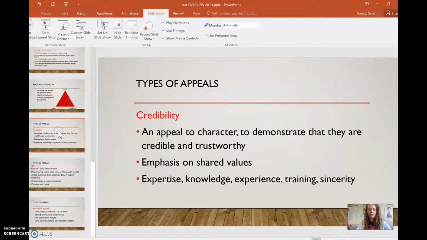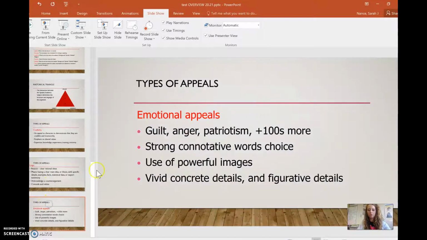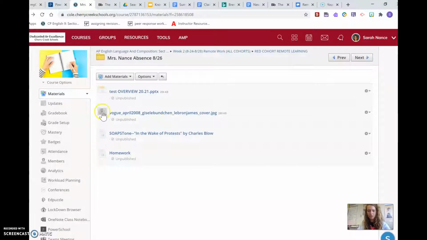We've got types of appeals. These are ways that authors and speakers try to appeal to an audience. You may have known them as ethos, pathos, and logos. We don't use those words in this class because they're kind of elementary. Instead, we say appealing to credibility, that's the ethos part, appealing to logic, and appealing to emotion. Write that down and finish off your notes for chapter 1. That's step 1. After that, I want you to get a sheet of paper from Mr. Quintana. It's purple. It's double-sided.